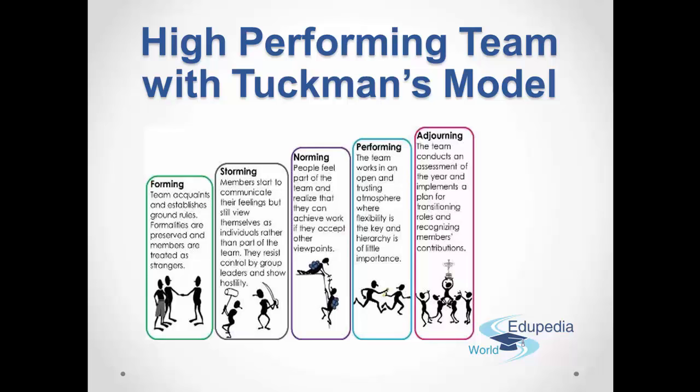In norming, people are starting to go in the same direction. They are starting to be in some agreement, starting to get some output. Now, if you are lucky, you move from there to the fourth stage, which is called performing. In the performing stage, that's where everyone is working in the right direction. Everyone is moving in unison. Now, obviously, you get better performance as you move up the model. So, the true advantage is to move up from forming to performing.